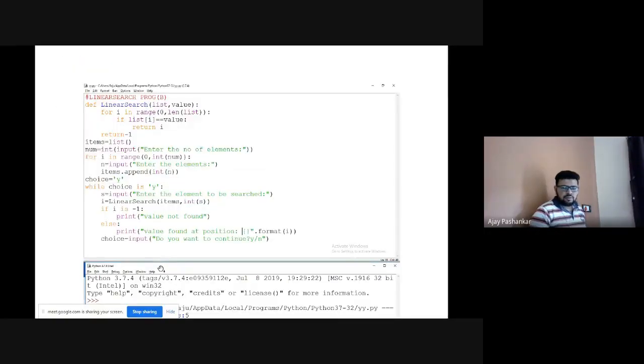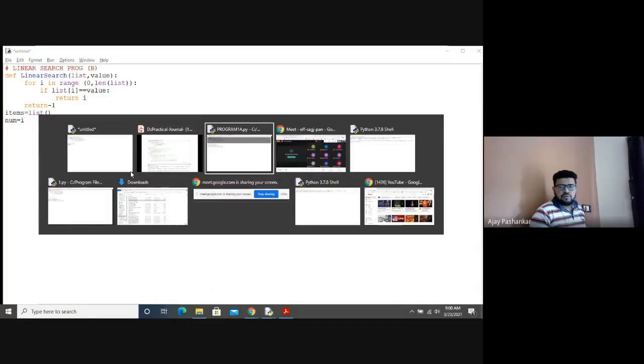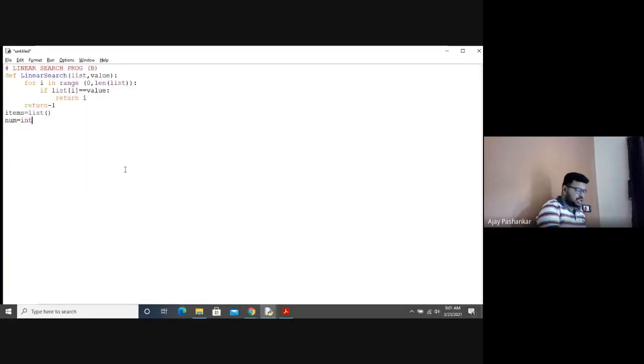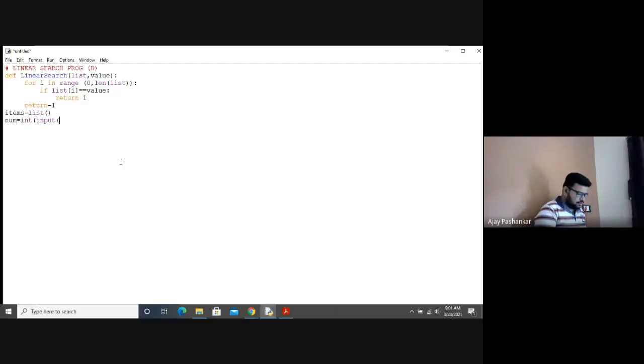So num, this is a way to take an input from your user, int into bracket input. So I want to take an input as an integer. I may prompt the user to enter the number of elements.